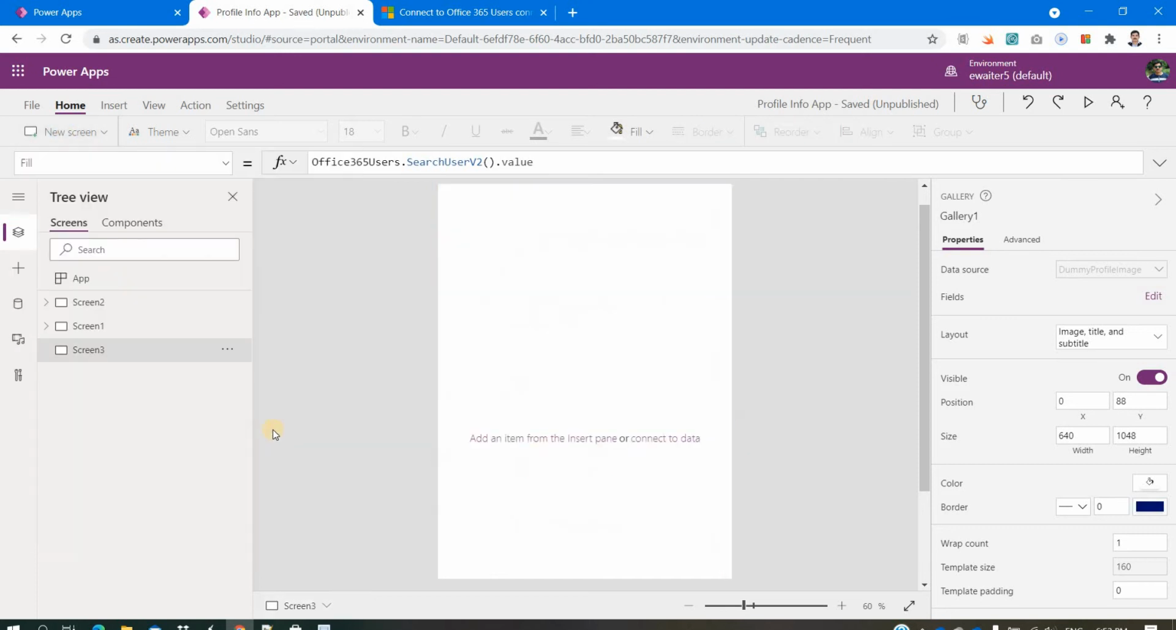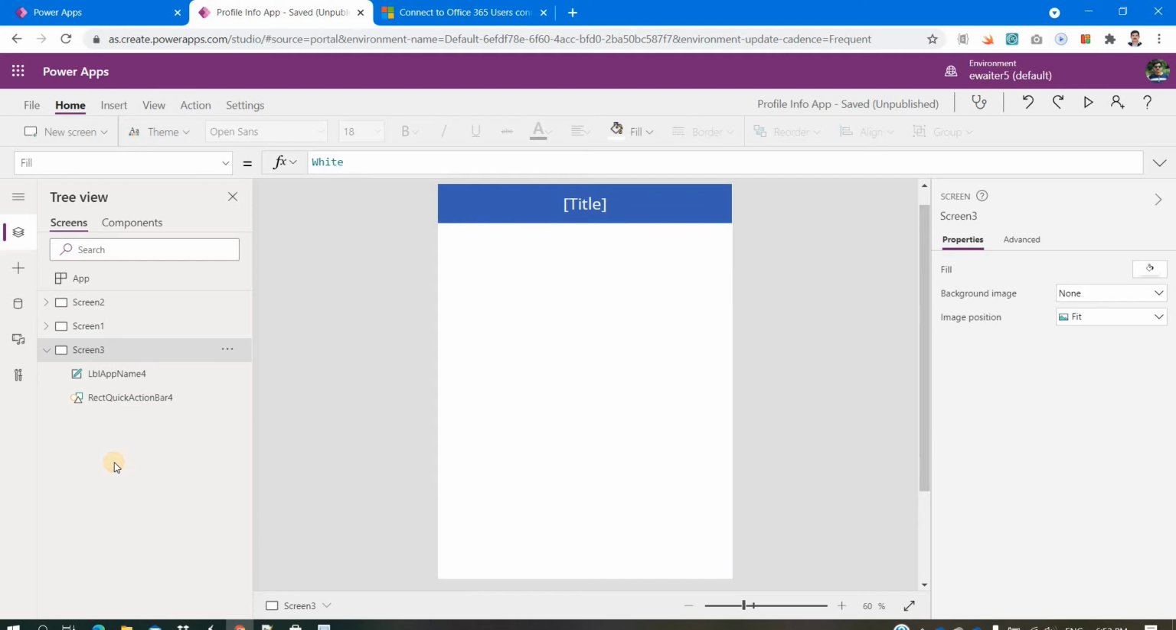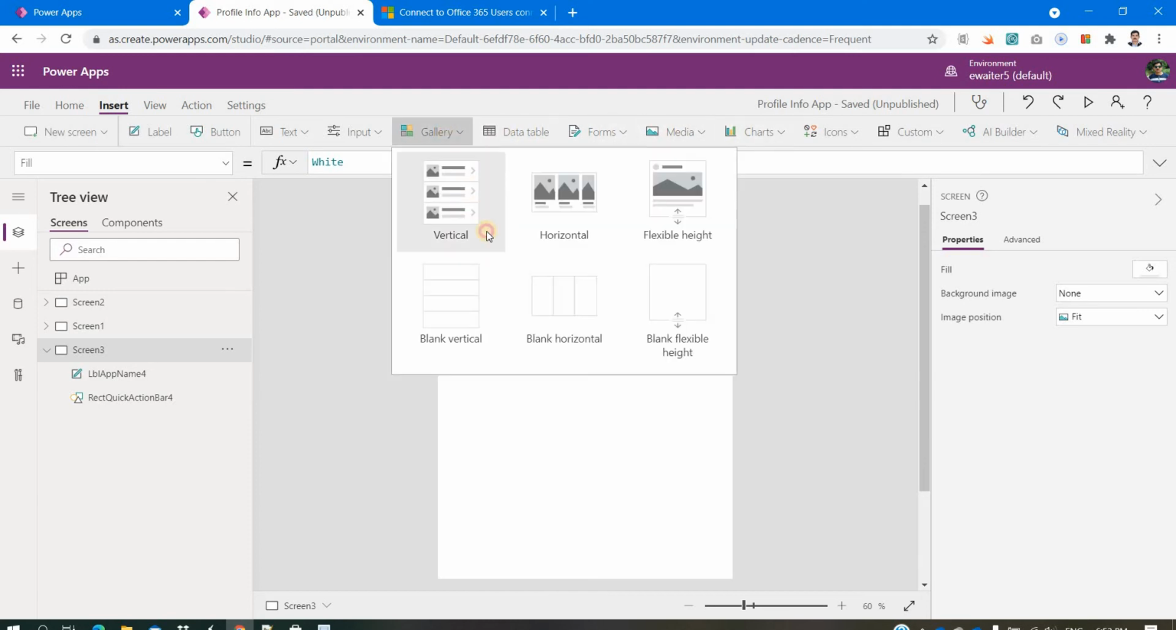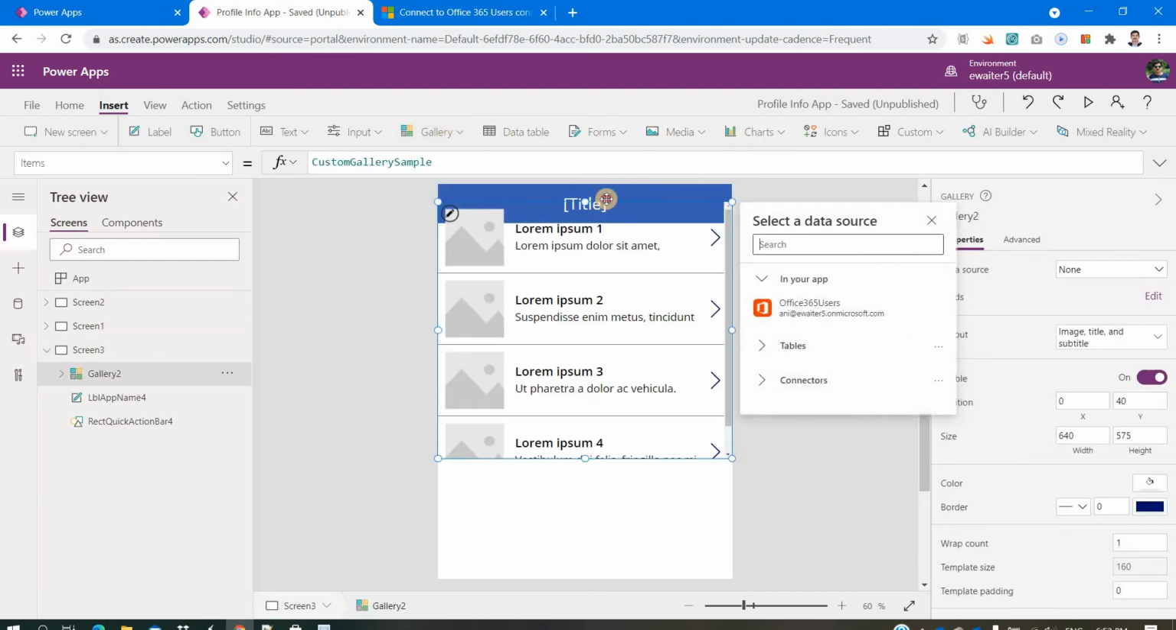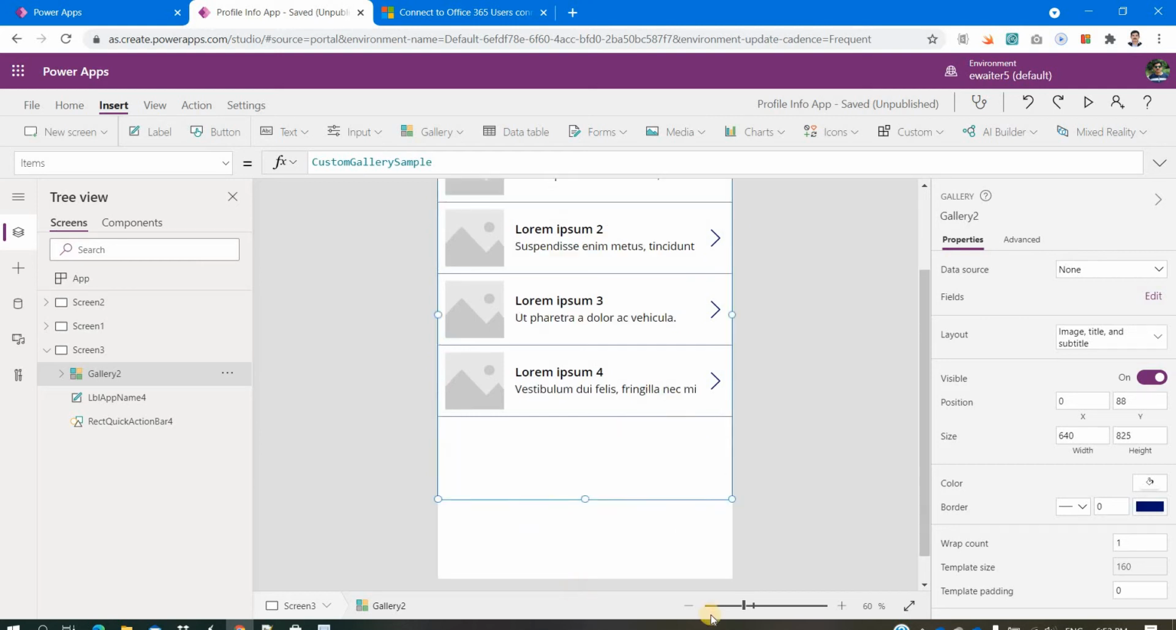First I will take one screen. I'll delete that canvas control. Now I will put one gallery. The gallery I will bind with,